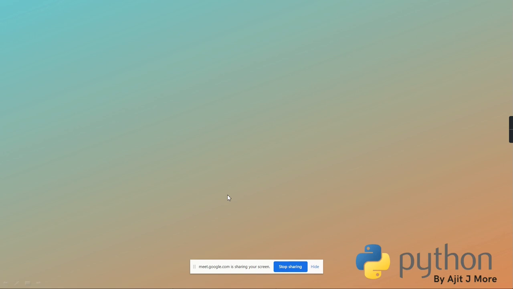In yesterday's session, I showed you how to install Python and the different ways of running a Python script. Then we started with input and output statements, in which only the output statement, that is print, was covered, along with different forms of print. Around 8 to 9 different ways of displaying output I showed you, isn't it? So all those things we will quickly recall on the slides.